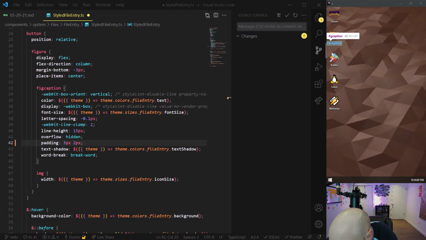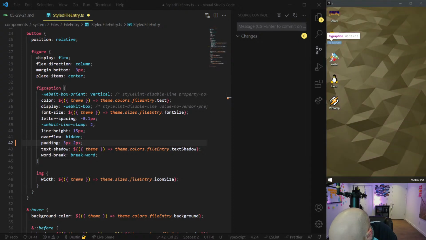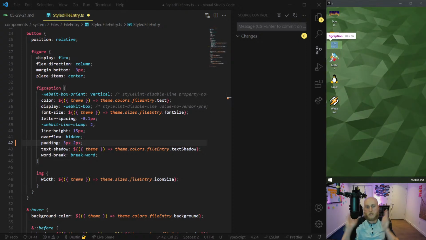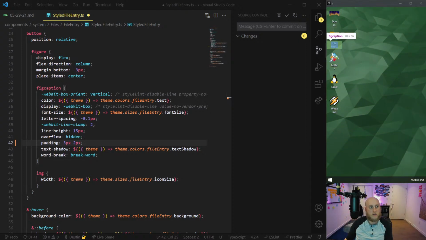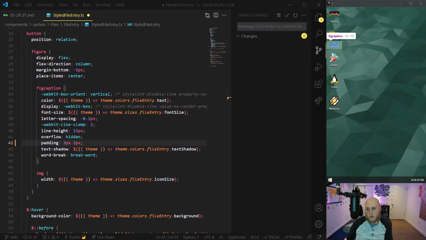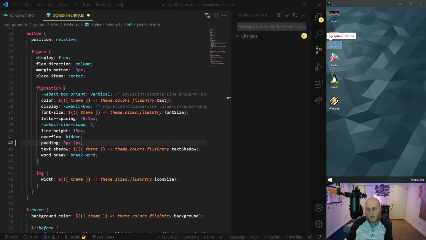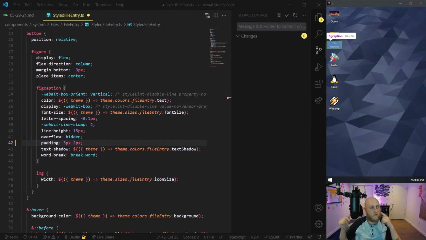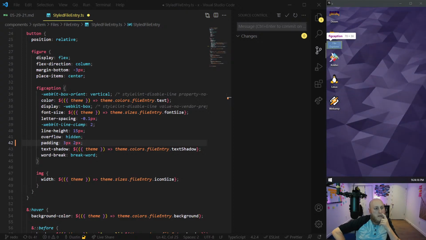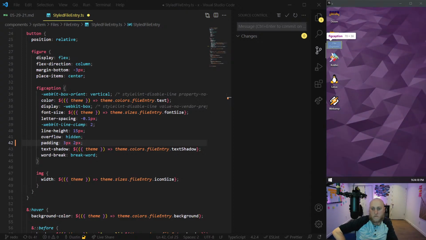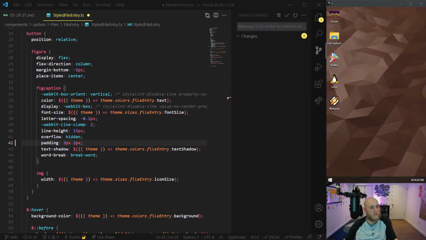No, it's left, right. Or what is it? Okay, yeah. So the second number is the left-right padding. So I cut a little bit less off. Before I had 3 padding on the right and left. Why did I go to 2? I'm trying to remember. I think I know. I remember I did an adjustment for the shadow. I'm hoping this is it because I'm going to claim that this is it.